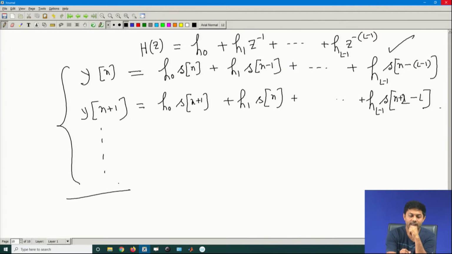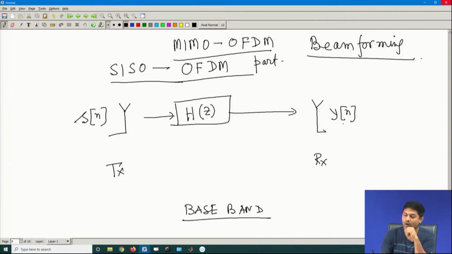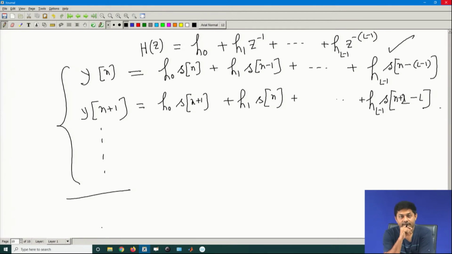So, that means it is not just one observation; rather I am observing the data in time, not in space. So, this is my y[n], this is y[n plus 1], this is y[n plus 2] and so on and so forth. So, this is how I am observing it. Now, this is what I am writing, right.